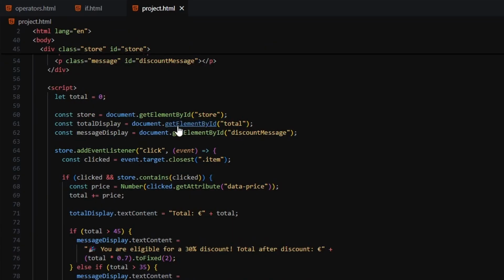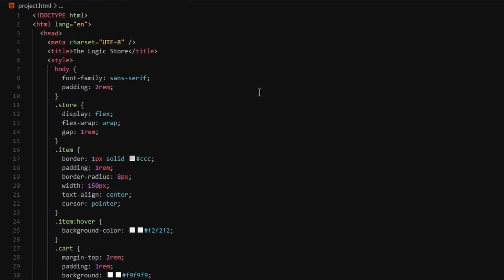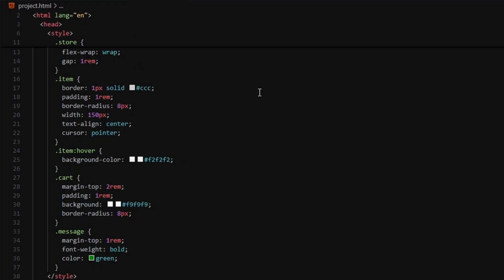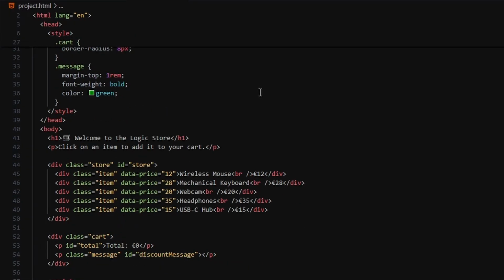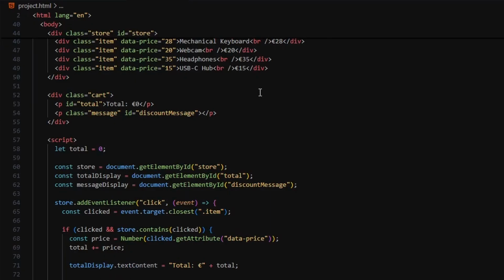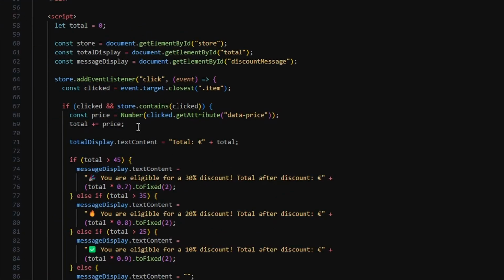Let's tie everything together with a real-world example. We're building a tiny shop where logic decides your discount. Now, ignore all the HTML bells and whistles, the cards, the styles, the click handlers. I only made all of that so we could see the logic in action. What I really want to show you is this block right here, because this is where everything we talked about